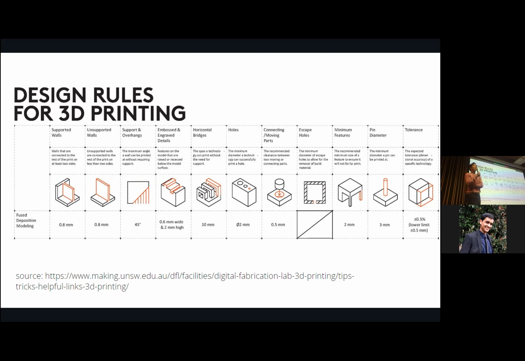And small features, you have to keep that in mind, especially when the features get too tall. Let's say you need something that's really tall and skinny. When the printer bed moves, or when the printer moves, it can actually knock into the really skinny features and shake them down, and it will produce a bad print. So you kind of have to make sure that the features are